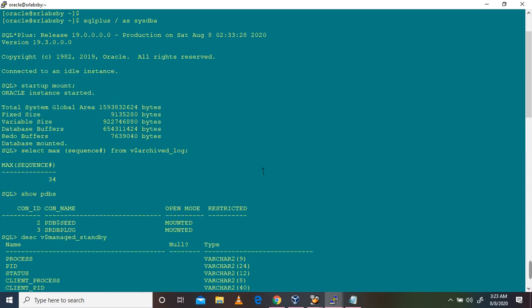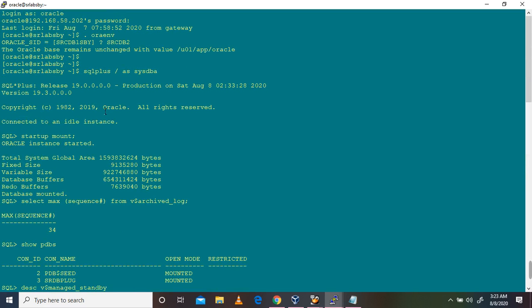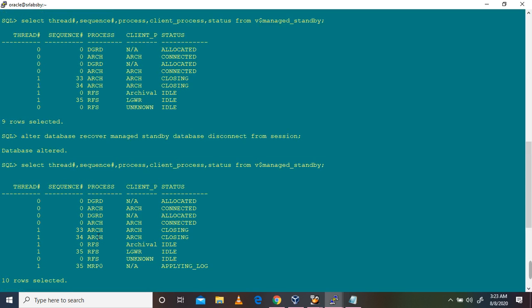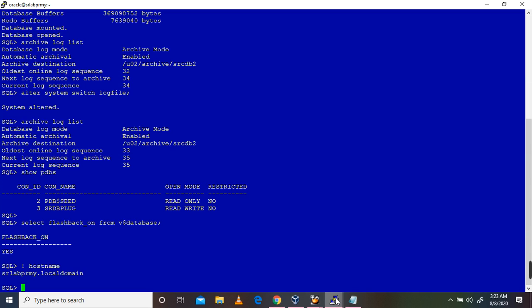Here you can see the databases are running. The max log sequence has also been verified, and the apply has happened. It's up and running and syncing with the primary database, so all the logs have been applied.